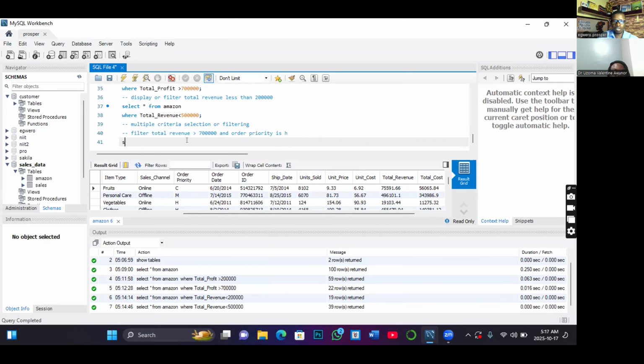So it's going to be select all records from the same table, Amazon,